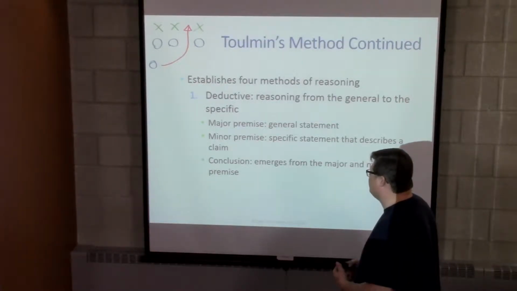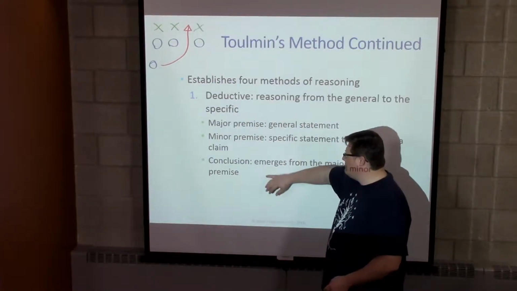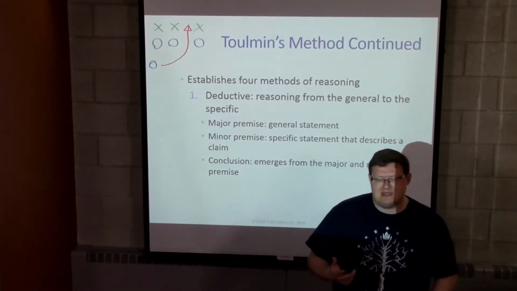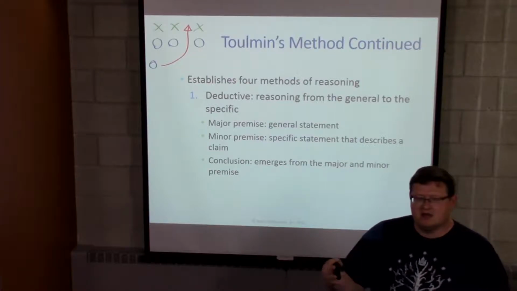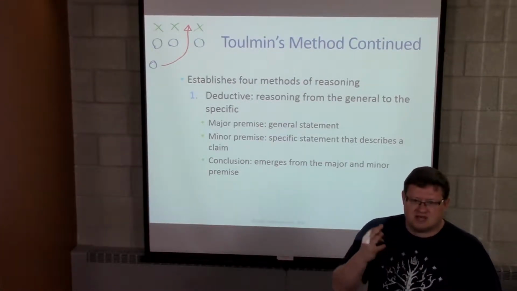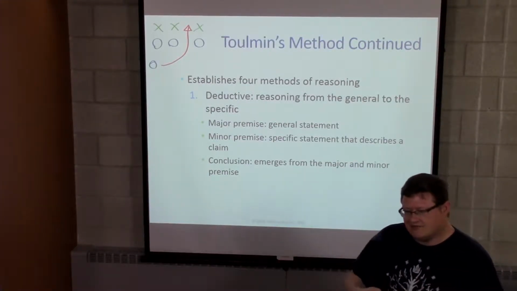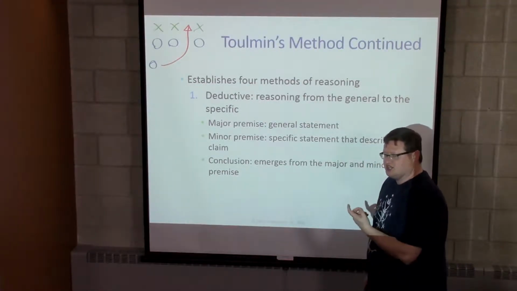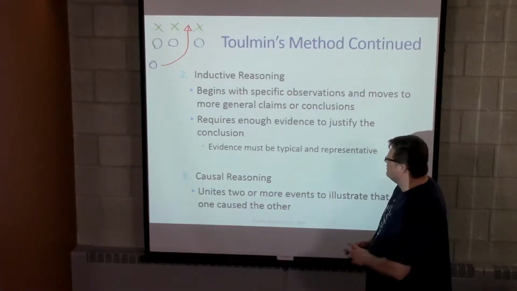Different kinds of reasoning. You've got the idea of deductive. What you have here, the major premise, minor premise, and conclusion. That is what is known as a syllogism or an enthymeme. So the classic example that is used: Socrates is man, all men are mortal, therefore Socrates is mortal. That kind of combination. We often engage in those kinds of enthymematic or syllogistic kinds of reasoning all the time. We just don't call it that when we're trying to move forward.